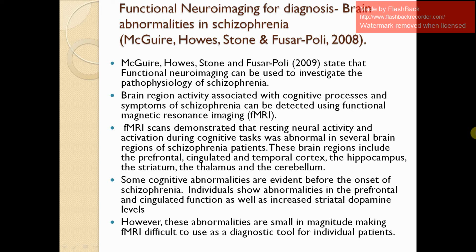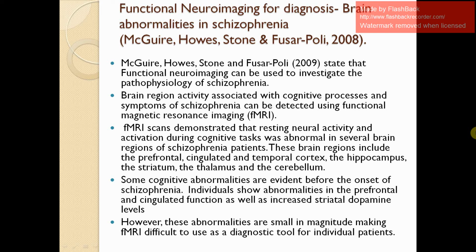Brain region activity associated with cognitive processes and symptoms of schizophrenia can be detected using functional magnetic resonance imaging (fMRI). fMRI scans demonstrated that resting neural activity and activation during cognitive tasks was abnormal in several brain regions of schizophrenia patients. These brain regions include the prefrontal, cingulate and temporal cortex, the hippocampus and striatum, the thalamus,